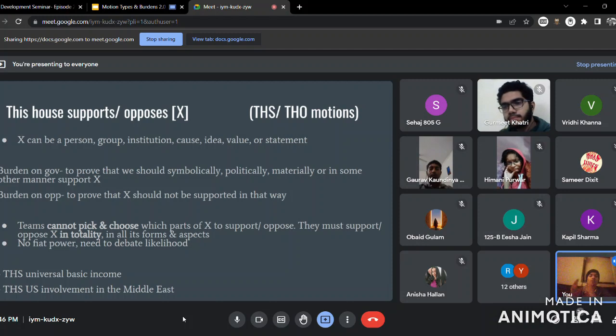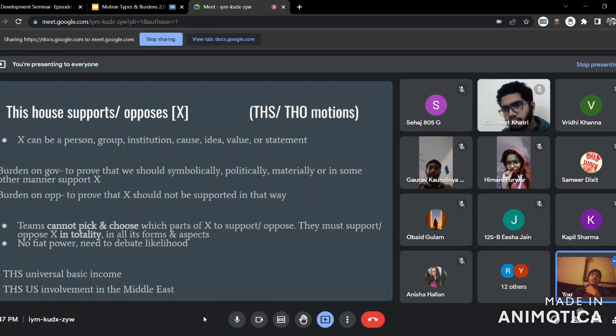But what you can't do is question gov by saying that अरे this is a policy which doesn't have support, people will not pass it in the legislature only, ऐसा नहीं है. You need to assume that this policy will be passed and then discuss the implications of that policy and debate on whether you should have that policy implemented or not. So that's what we mean by fiat. Does that clear it? Yes, it does.